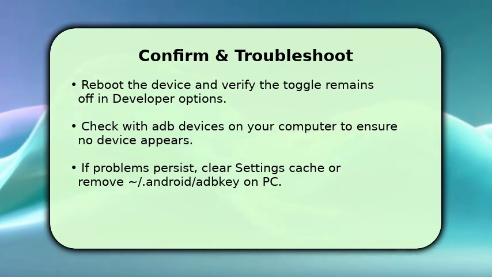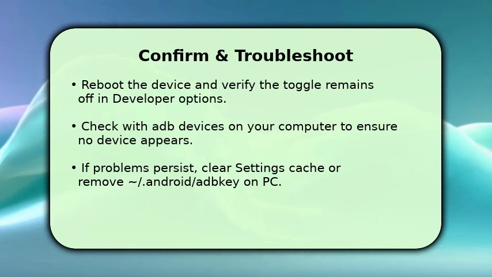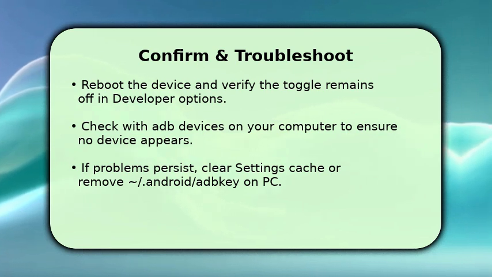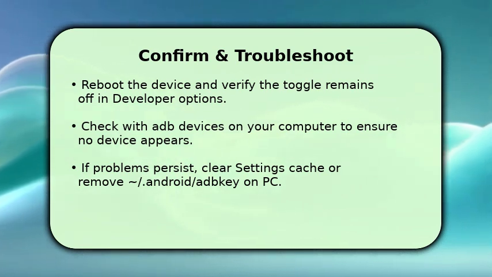After revoking and unplugging, reboot your device and return to developer options to confirm USB debugging stays off. On your computer, run adb devices. Nothing should be listed. If a device still appears, clear Settings app cache or, on the computer, delete the local